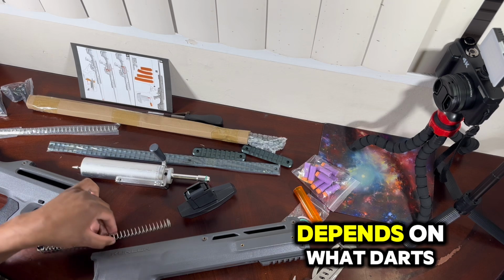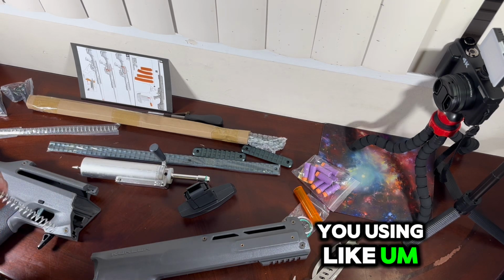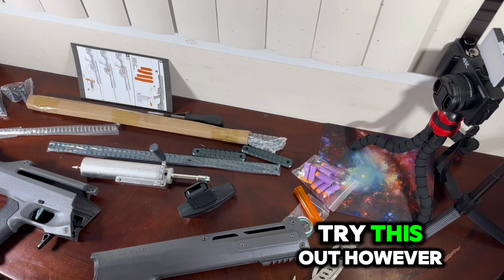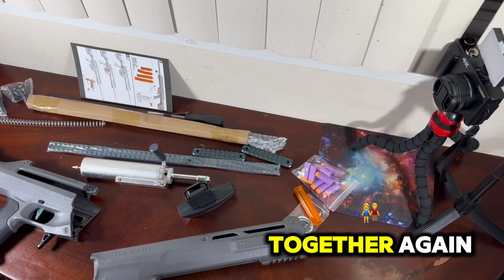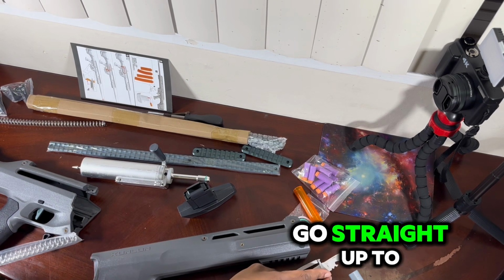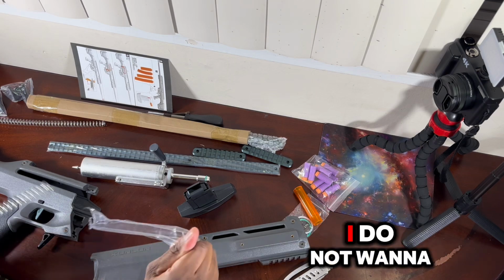From what I've seen, depending on what darts you use, you can get up to like 240, close to 250 if you're using bamboo darts. I would love to try this out. However, I'm going to be honest. I do not want to have to put this thing together again after taking it apart again. So I'm just going to go straight up to the max power, because literally I do not want to start this